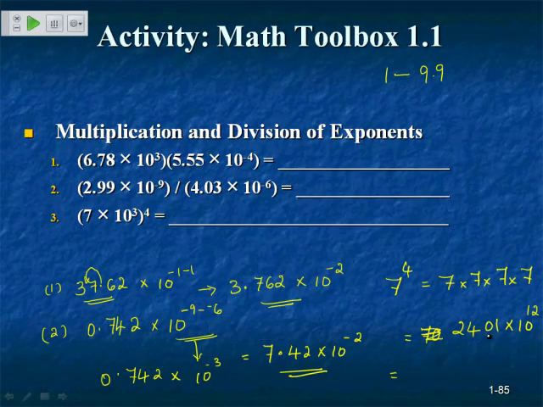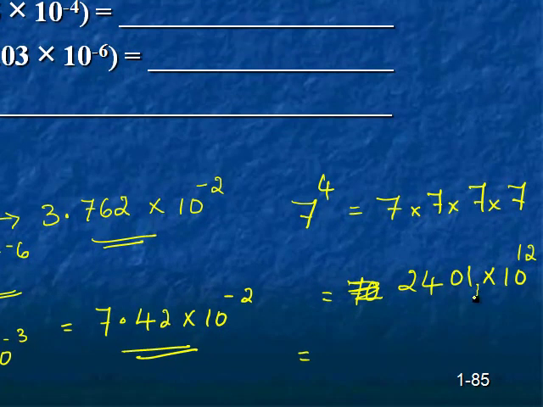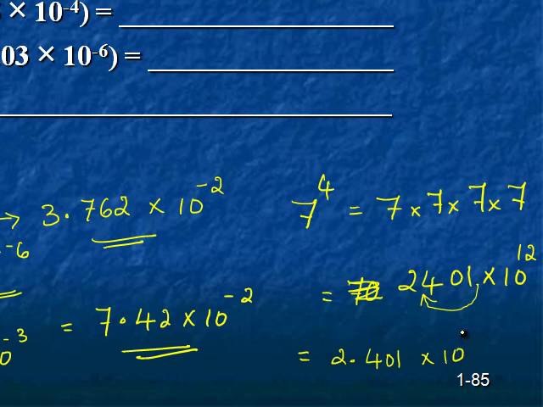Okay, so the decimal point is right here in this number. Where do you have to move it in order to get a number between 1 and 9.9? Between 2 and 4. So you are moving this decimal point to here. 2.401. How many places did we move? 3 places. So what are we going to do? Subtract 3 from 12. So 12 minus 3 is